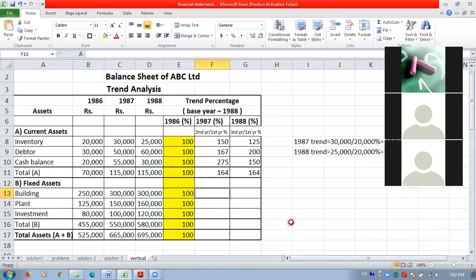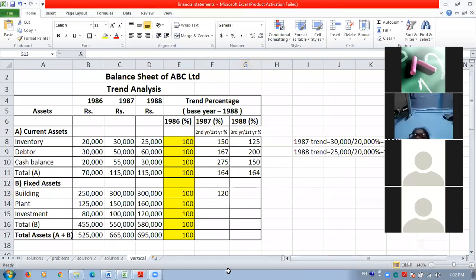3 lakhs divided by 1,50,000, percentage. It is 120. And in case of third year,